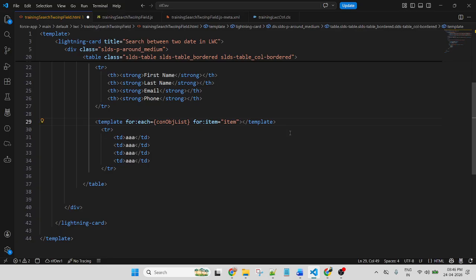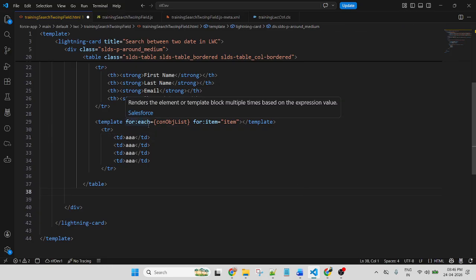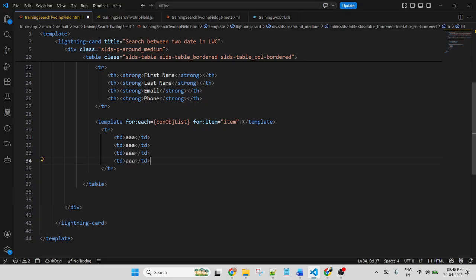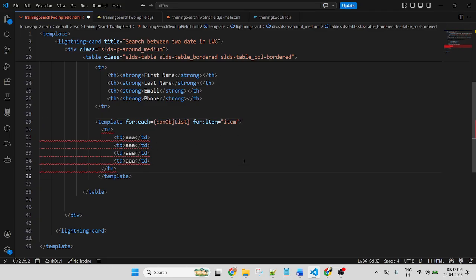And there is one important part. If you use for each and for item in an LWC component, the key is mandatory. Key will be item.id. It is mandatory.